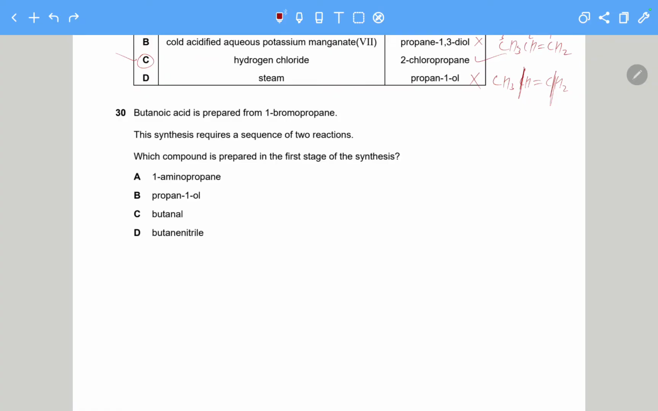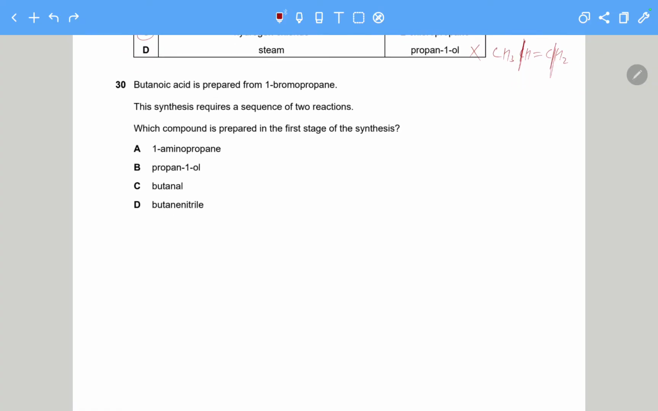Butanoic acid is prepared from 1-bromopropane. The synthesis requires a sequence of 2 reactions. Now, before we delve into the options, let's look at what is happening here. Just draw out the formula always, and you'll get a clear sense of what the question is asking for. So this is 1-bromopropane, and this gives us butanoic acid. There's something odd about this, which is that the reactant has 3 carbon atoms, but the product has 4 carbon atoms. And this starts ringing some bells that somewhere a nitrile, a CN, has been introduced, because remember, the nitrile